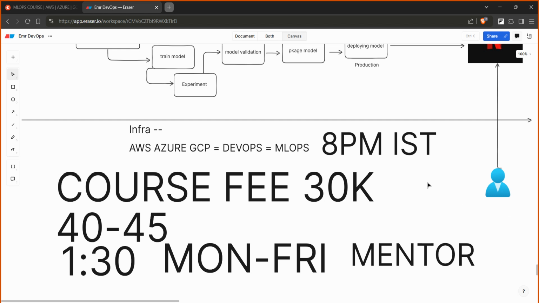Labs, are you going to do them on the cloud only? Your MLOps and all the models are deployed into the clouds only now, not into the data centers. So everything is going to be on cloud accounts only. But you will get a very good